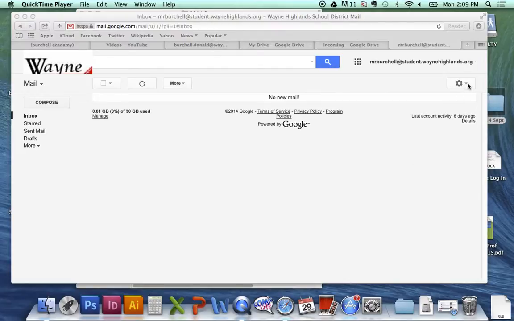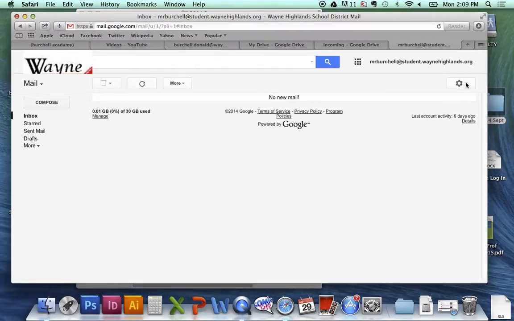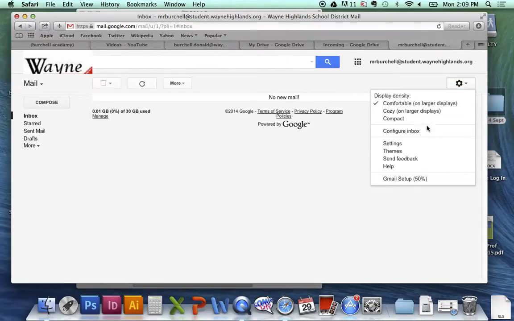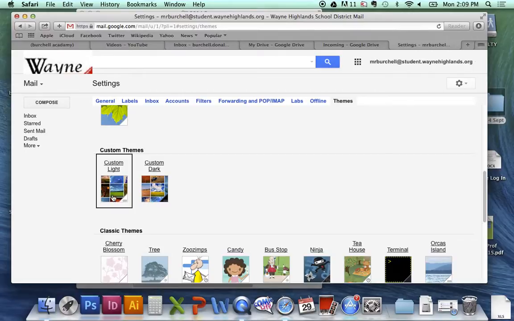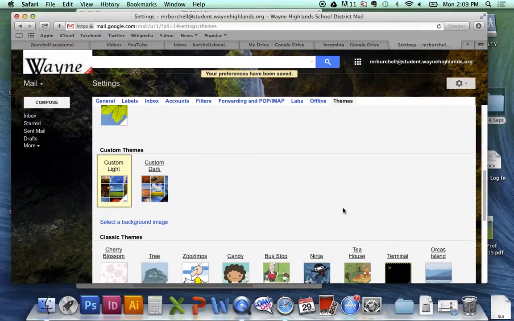We're going to click on this gear, which is usually a settings button, and that's what it is here. We're going down to themes. And under themes, we could choose any of these colors or pictures. I'm just going to go all the way down to custom light. And there's great pictures in here, so I can click on